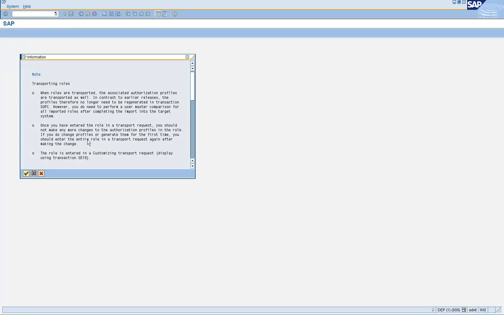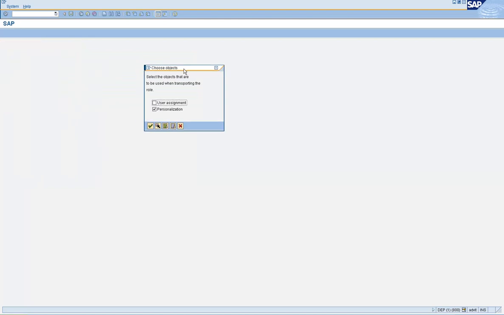You get an information box. Click on continue. Now you get a box called choose objects. Now this setting, user assignment checkbox, is a very, very important setting. By default, this is not checked, and there is a reason for it.